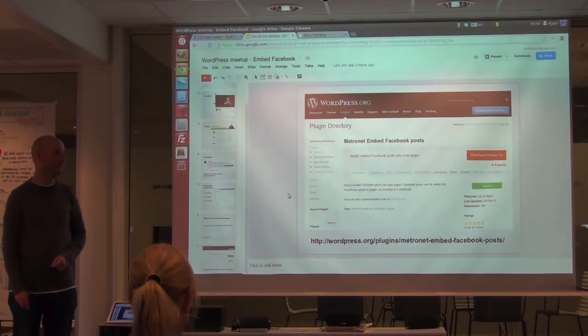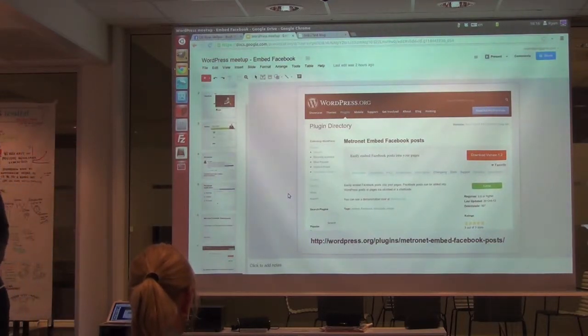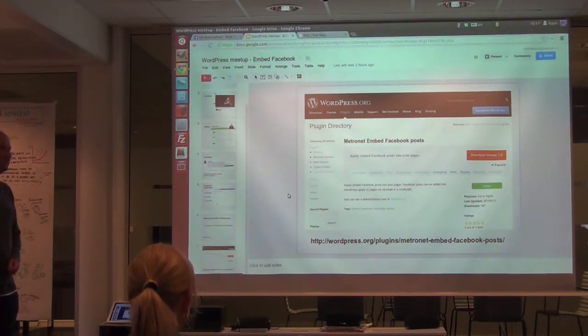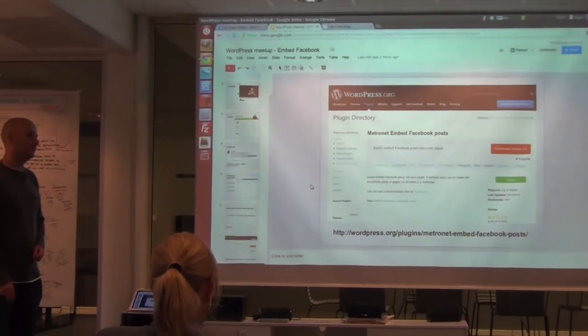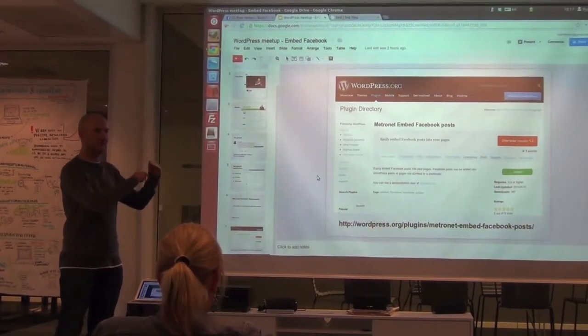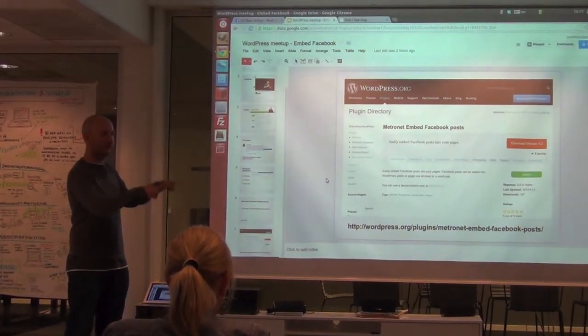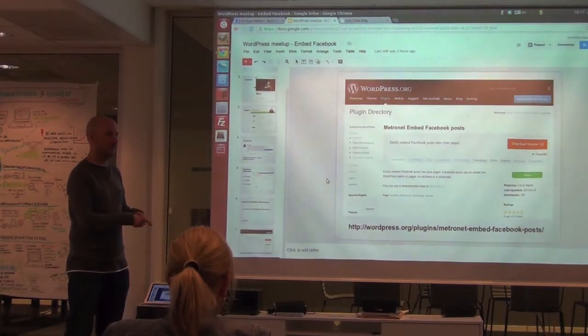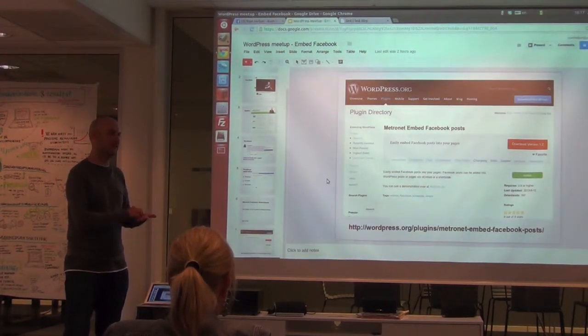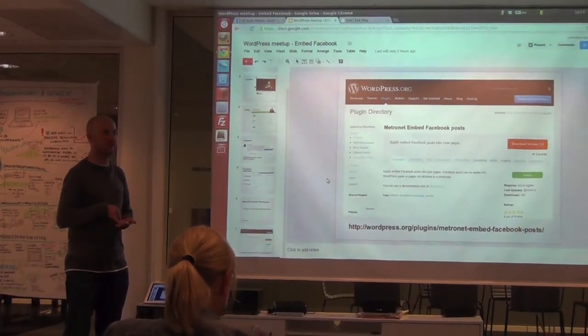What do you think is the overall usefulness of this? Not your plugin, of course, but embedding Facebook posts? I think for some situations it would be useful. The advantage is that you can see who liked the post and the interaction. You can obviously put up an image of the Facebook post, but you'll miss out on all the information about who liked it and who commented on it. By embedding it, you can see all that information, updated in real time. So if you want that functionality,